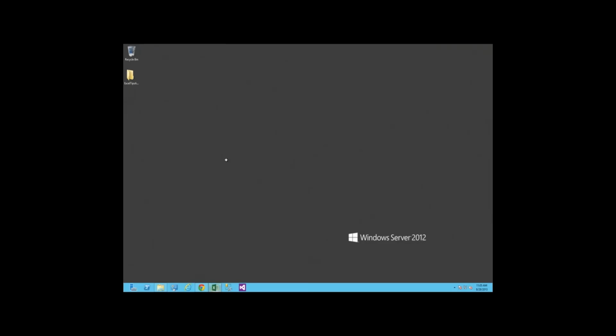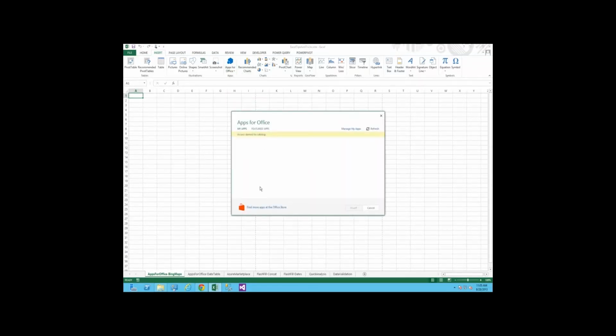So let me open up Excel here. I am working with Excel 2013 for this webinar. For Apps for Office, you go to your Insert tab on the ribbon, and you're going to see this Apps for Office button over here. If you hit the little drop down, it's going to show you any apps that you have installed, or you can click the top part and it's going to bring up this other window here,